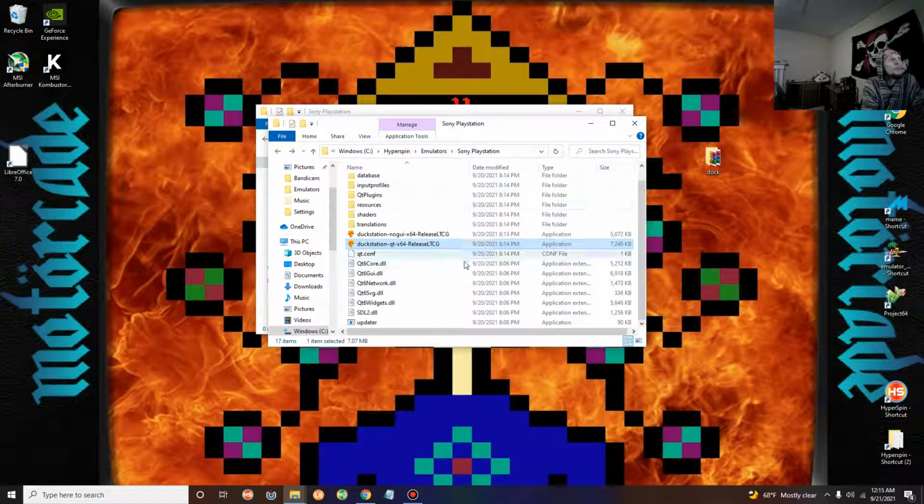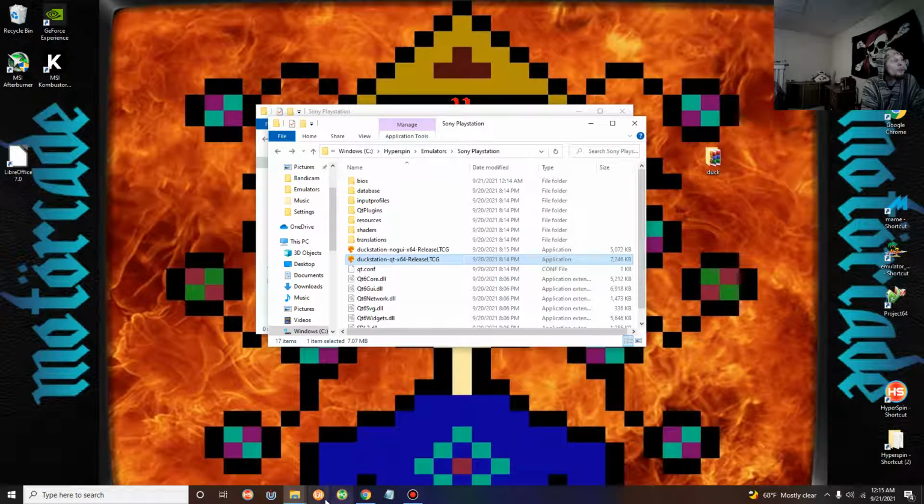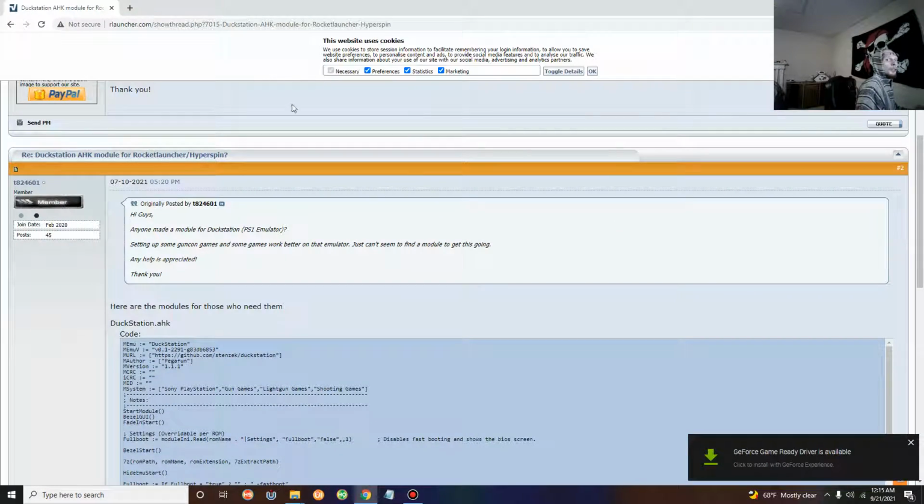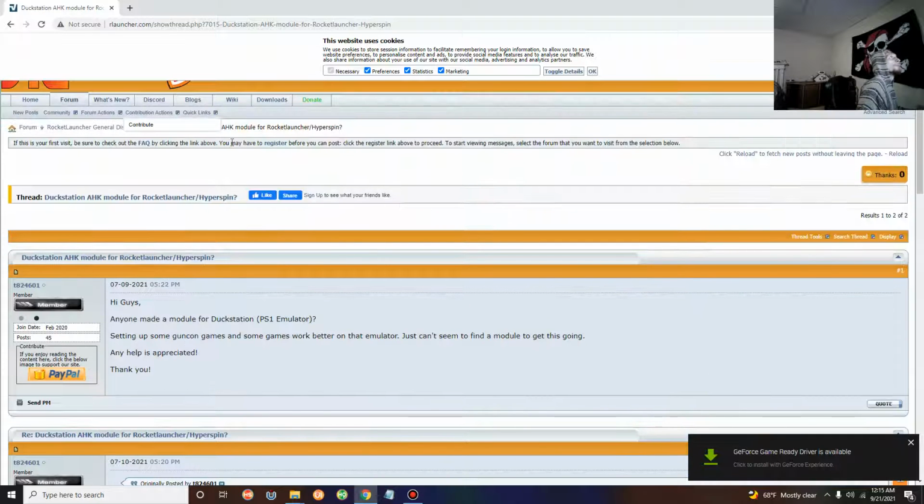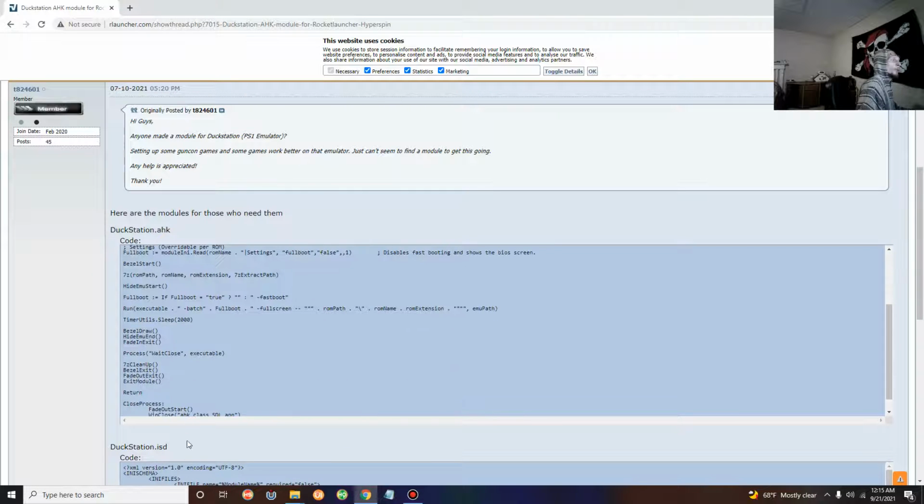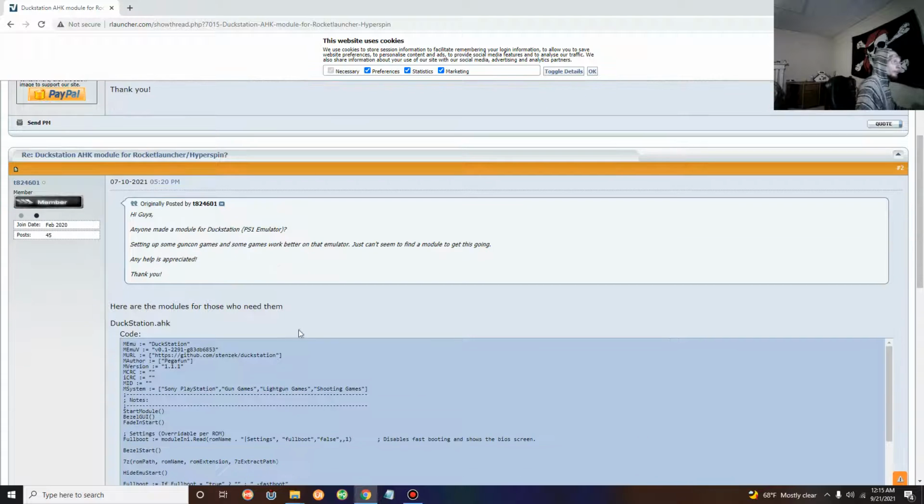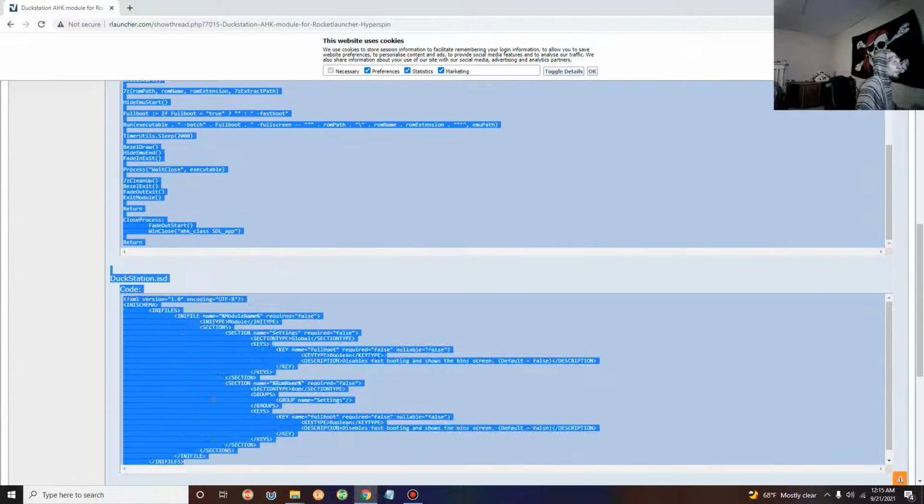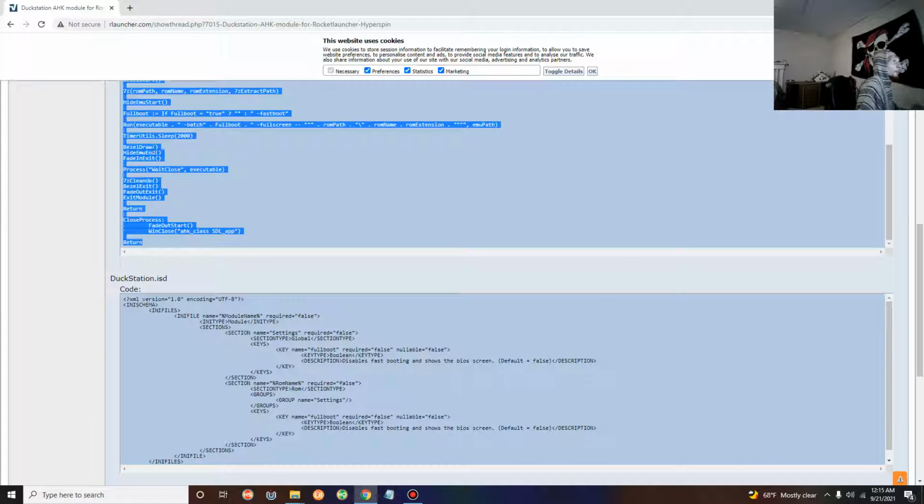And what we want to do is create the AutoHotkey module we're going to need to run it from RocketLauncher. Now I already have this link here open on the RocketLauncher forum. Somebody has posted the code for the ISD and the AHK that we're going to need to create. So first, you want to copy and paste this code. You're going to want to copy this,